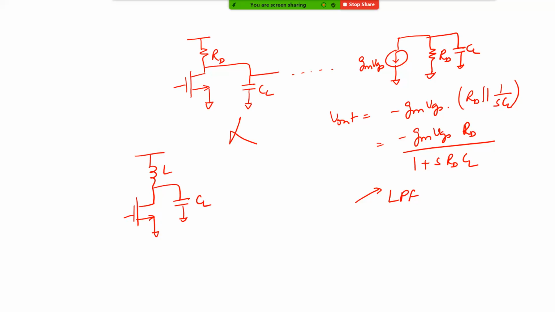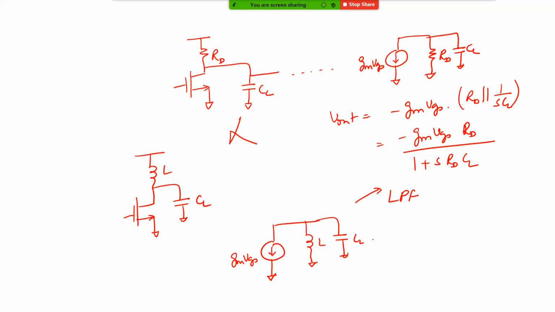That's why you will see that most RF systems have some inductor or the other. Now when you have an inductor, what happens? The small signal circuit becomes like this. You have gm VGS, which is your current source, and let's say you have L and you have